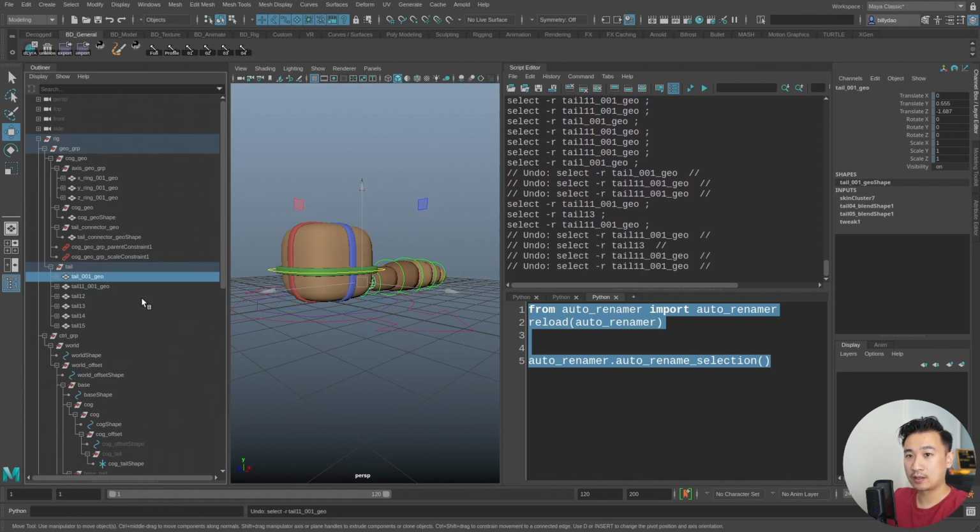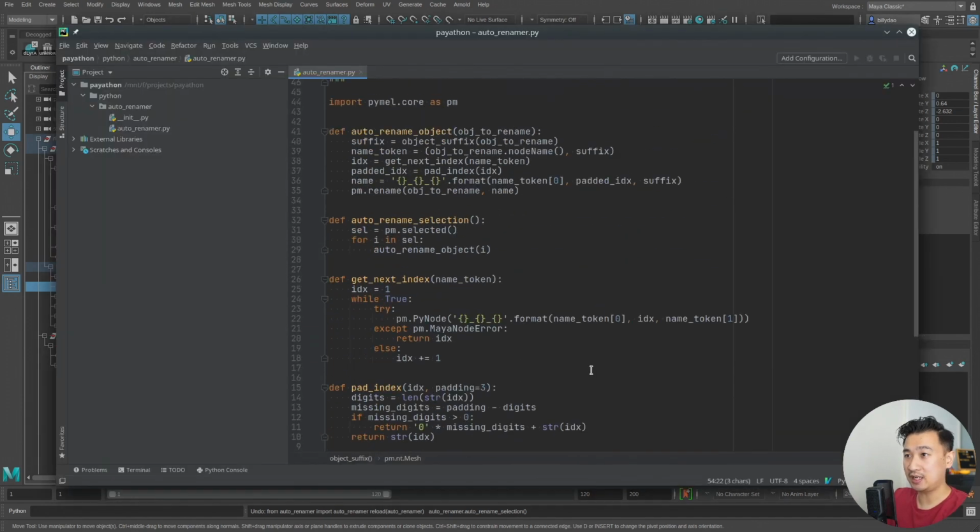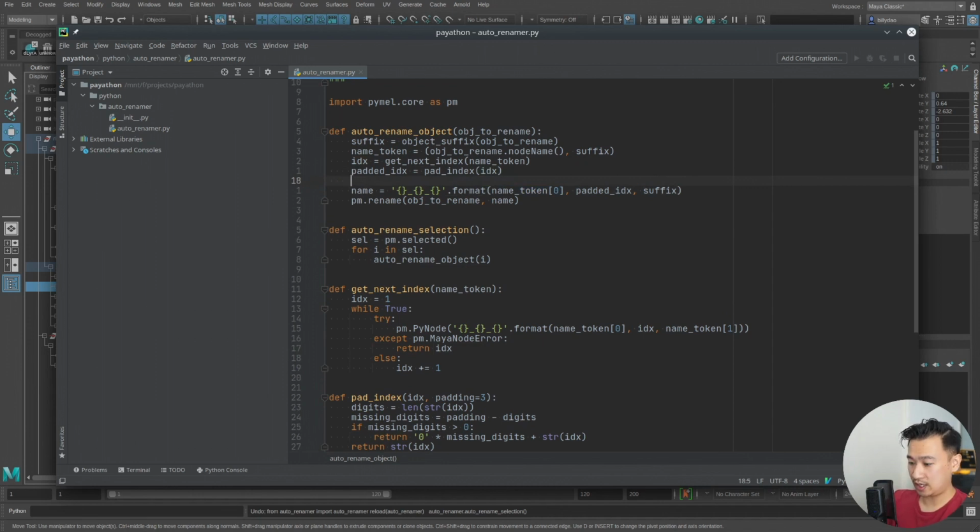So let's try to do that now, and let's fix this issue so that when I run this, instead of being tail 11001 _geo, it'll be tail 11002 _geo. So let's come back here and let's look at the name that we have. So we're using the name token, the first part of the name token 0. What I actually want to do is strip the numbers to the right of this before we format it back into our final name. So what I can do is say num stripped